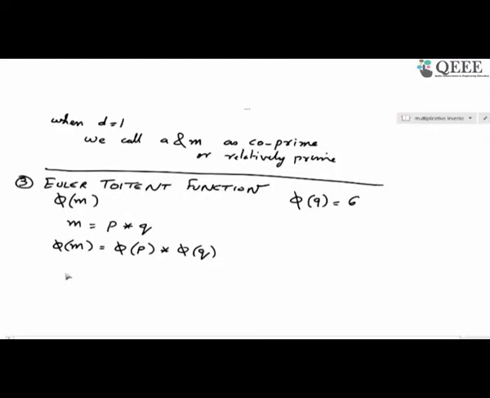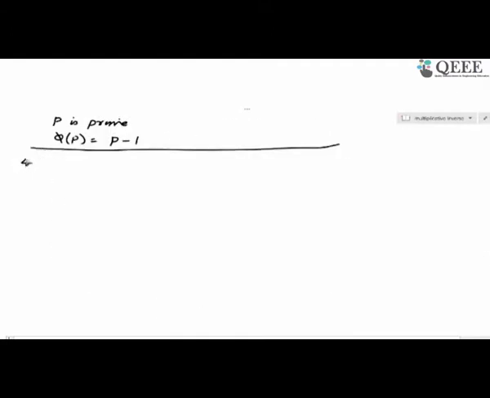Further, if P is prime, then we also found out that phi of P is equal to P minus 1. So using this, we had actually derived some other more sophisticated things, but for RSA, this is what is important. And another very important theorem which we actually looked at yesterday was called